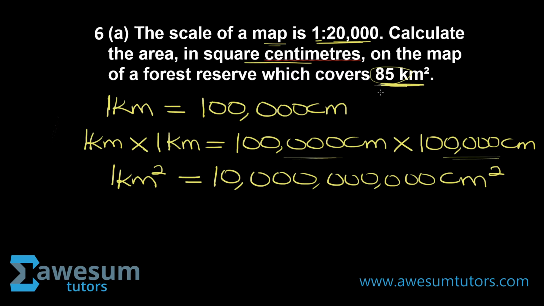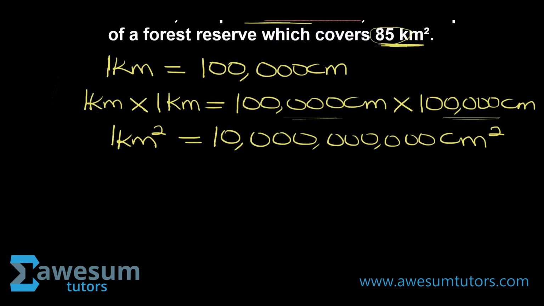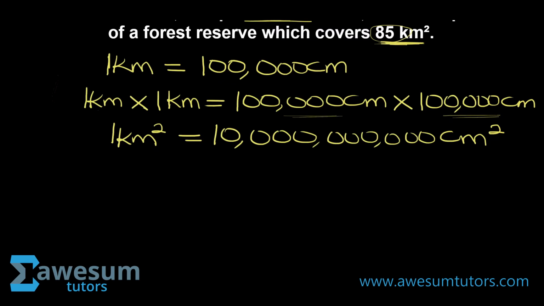Since we already know what 1 kilometer square is, now let us convert 85 kilometers. So since 1 kilometer square equals 10 billion centimeter square,